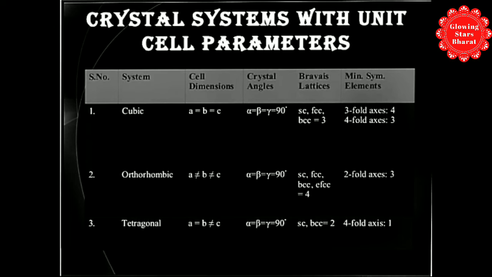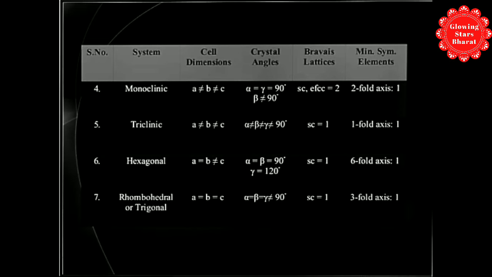Next, examples of different crystal systems. This is also very important. First, cubic structure. Cubic examples: NaCl, KCl, CaF2, Cu, ZnS, CaCl, Cu2O. Orthorhombic: BaSO4, KNO3, MgSiO3, K2SO4, CdSO4, AgBr. Tetragonal examples: SnO2, TiO2, ZrSiO4.